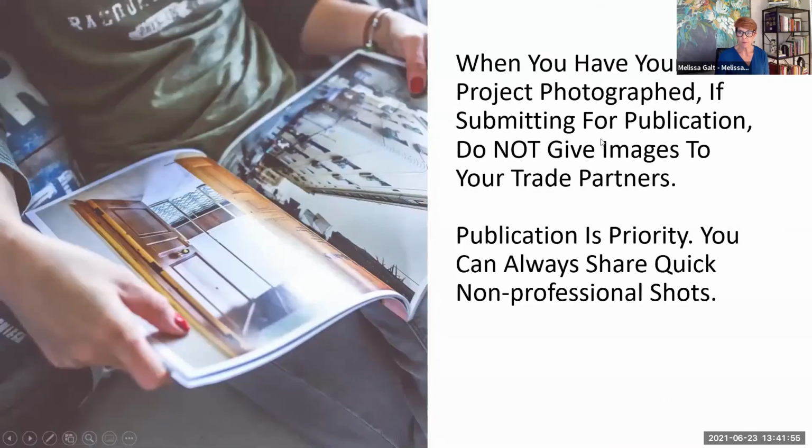Okay. When you have your project professionally photographed, please don't think you can pull this off by yourself. Don't ask your buddy down the street, unless your son or daughter is in professional photography school. Don't ask them to do it. Please don't have a real estate photographer take your shots either. You will get lots of ceiling, lots of wall, lots of floor, and not very much furniture. Okay? Interior design photography is a specialty.